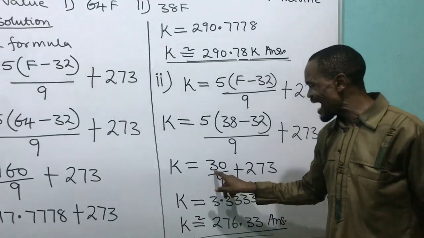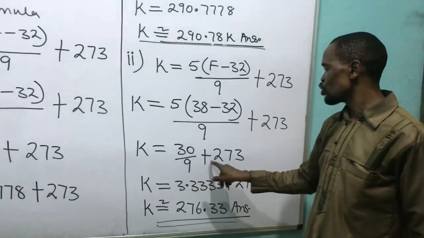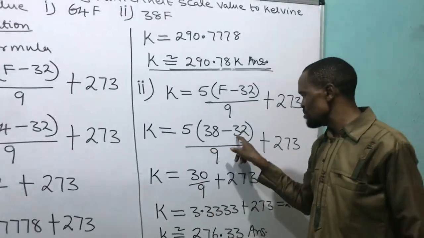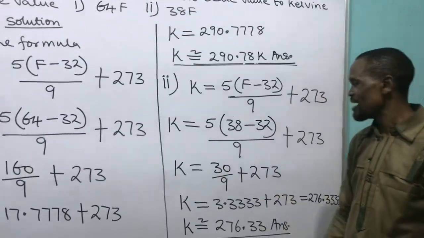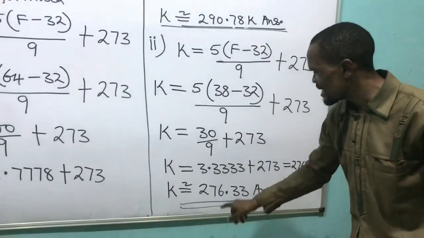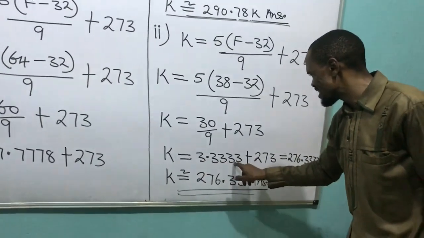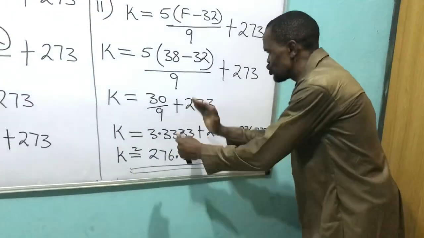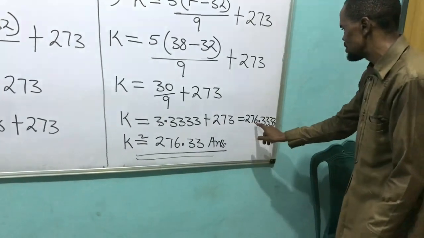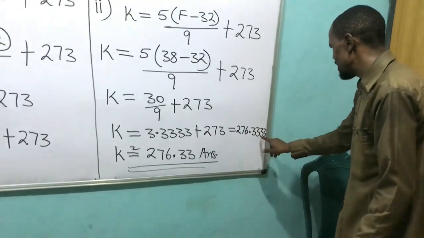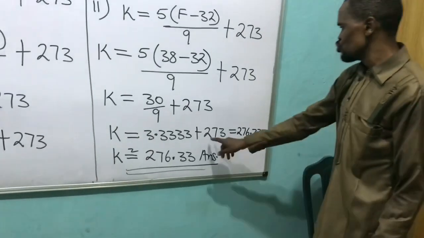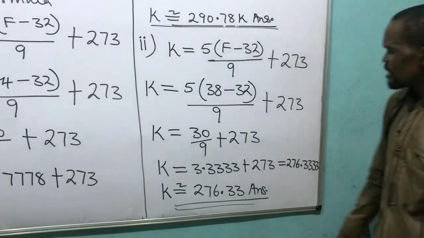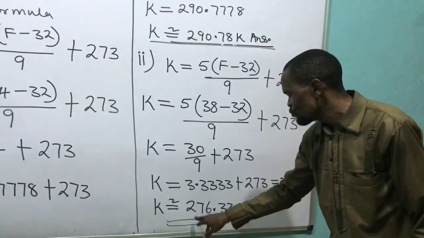And this gives me 30 divided by 9, plus 273. Because 38 minus 32 gives 6, and 6 times 5 gives me 30, divided by 9. Then when I divide this 30 by 9, I will have 3.3333, plus 273. Then when I add the two of them together, I will have 276.3333. That's what I'm going to have. Then I will say K is approximately